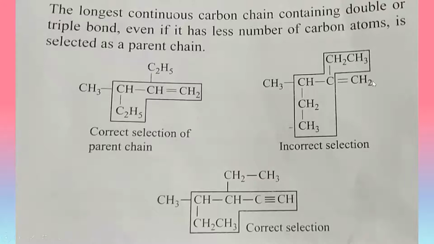But we cannot ever take a double bond over a single bond. Always a double bond is given more priority when compared to a single bond, and a triple bond is given more priority when compared to a double bond. But there are two main cases that I'm also going to be discussing in the future.